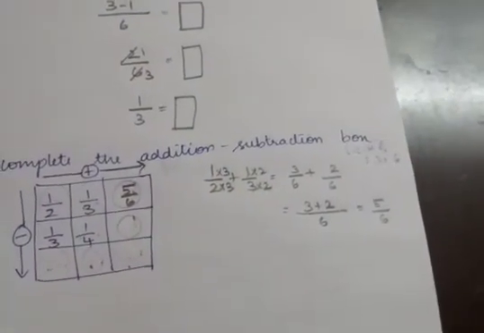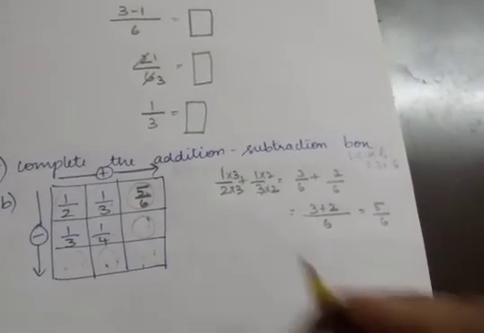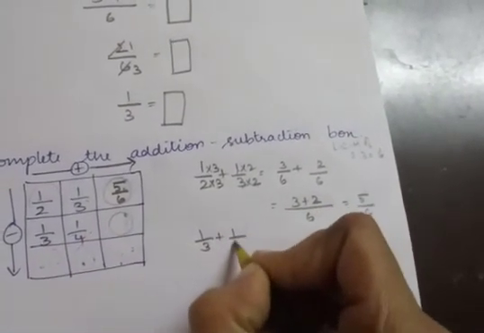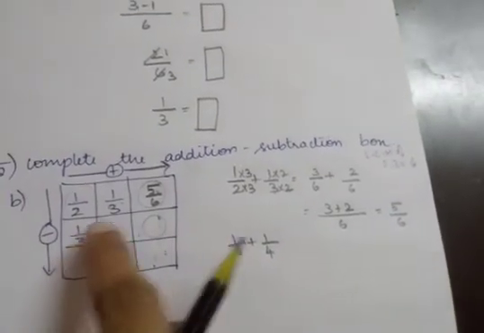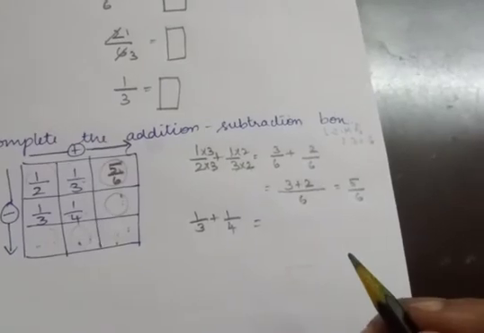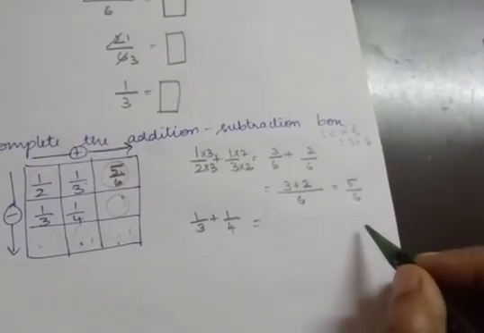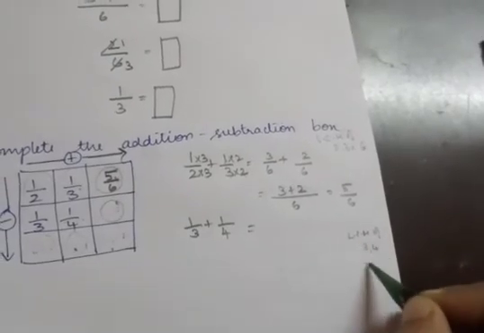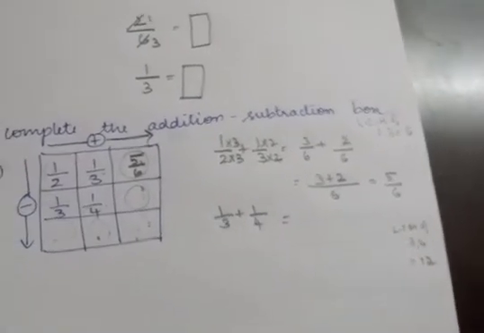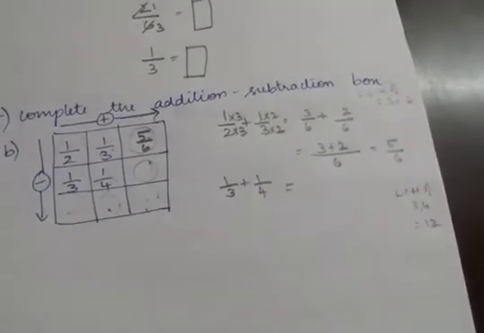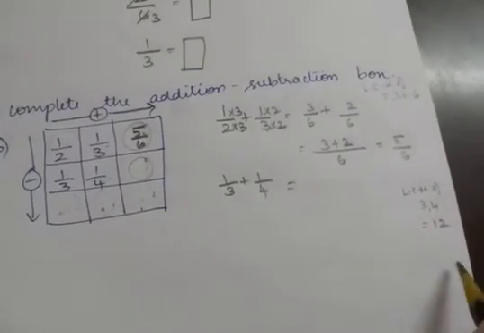Yes. Next. Now, I am going to add 1 by 3 plus 1 by 4. 1 by 3 plus 1 by 4. Are these denominators the same? No. So, what should we do? We should take the LCM of 3, 4. The LCM of 3, 4 is 12. In previous classes we have discussed all this. If you want, you can do this LCM and see. The LCM of 3 and 4 is 12.